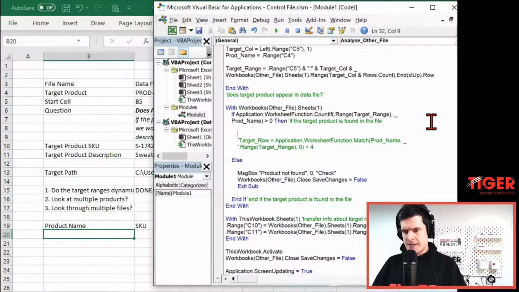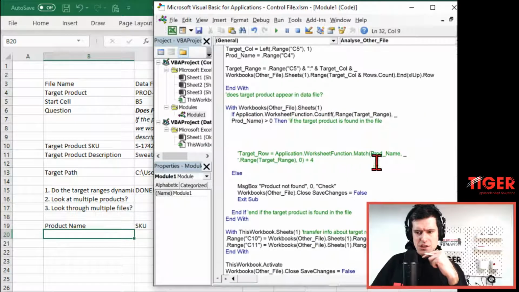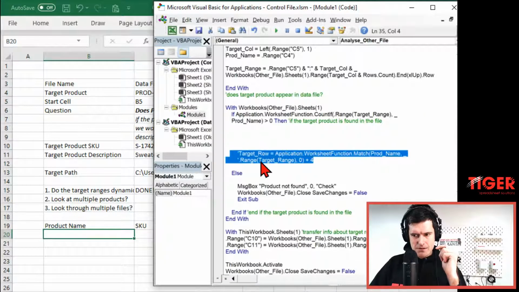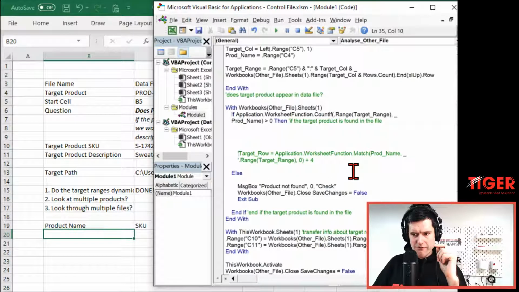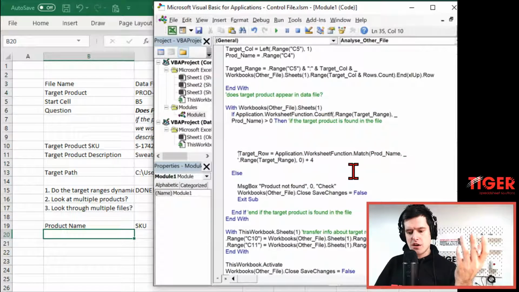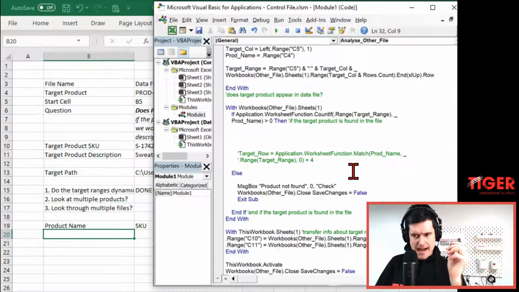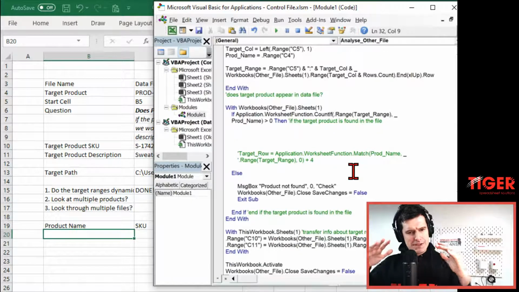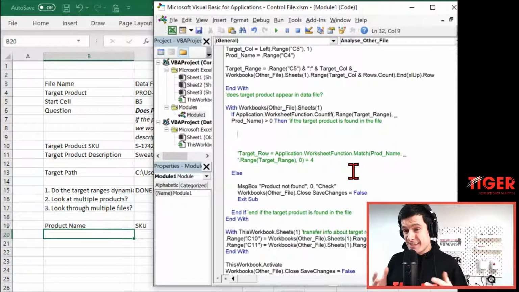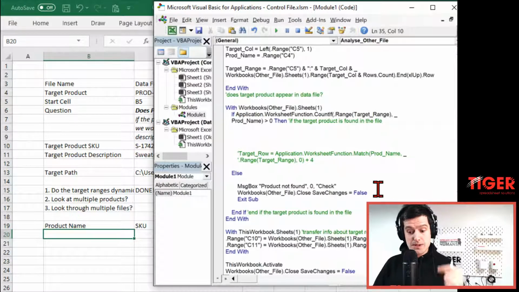So we're going to say, and you can see I haven't deleted this code. I've just put an inverted comma here and an inverted comma here. That means the code becomes a comment and Excel will ignore it, but I haven't deleted it. So if I want to bring that code back in the future, I can just delete these inverted commas and bring the code back quickly. This is a good tip. It's preferable to having to go back to a file and copy paste code across. For example,